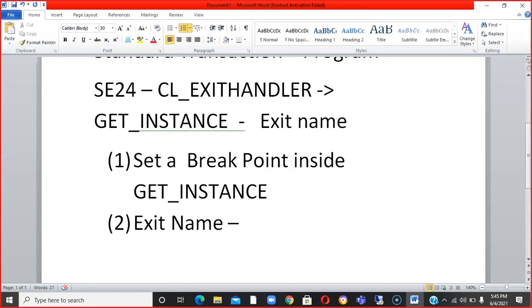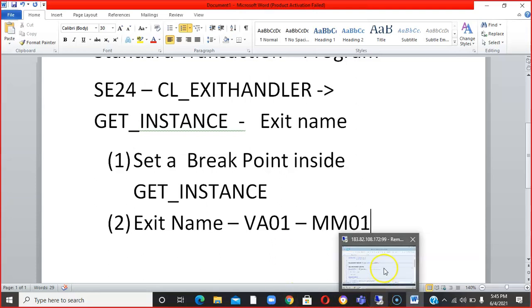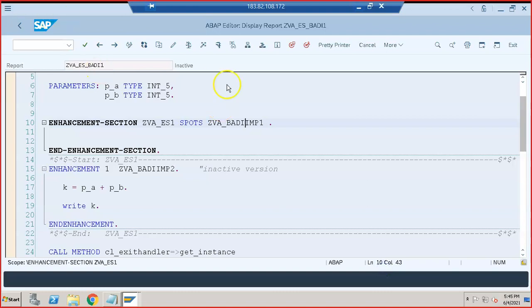Let's say I have already shown you how to do enhancement for VA01, and then we went ahead with MM01. So in VA01, or MM01, if you would like to do some enhancement, then we just need to find out the BADI name. For that, we are going to go into SE24.